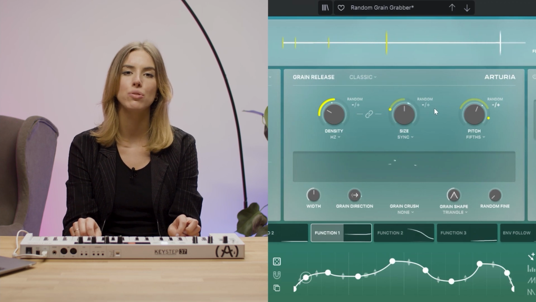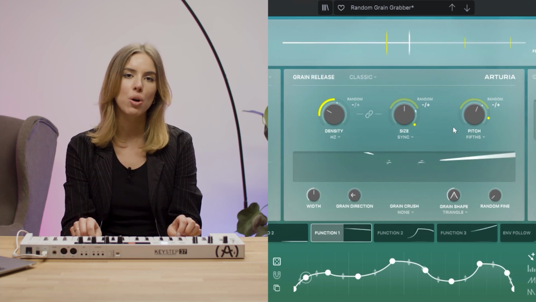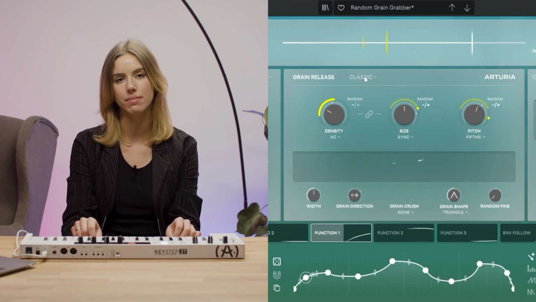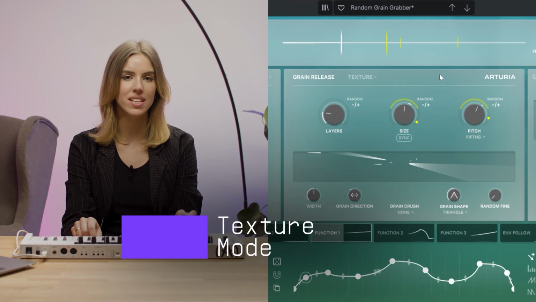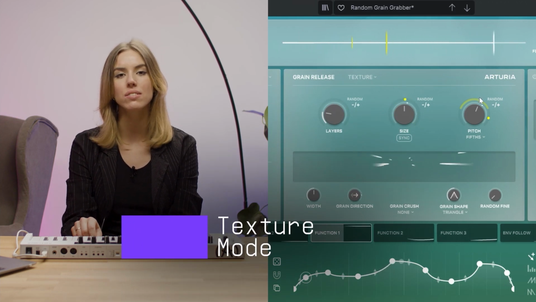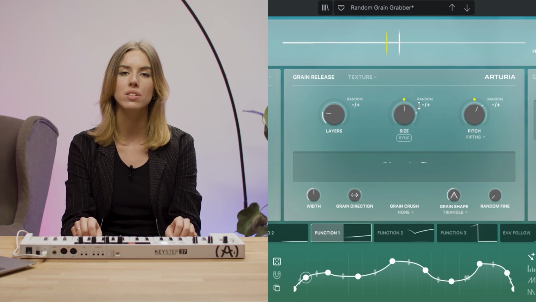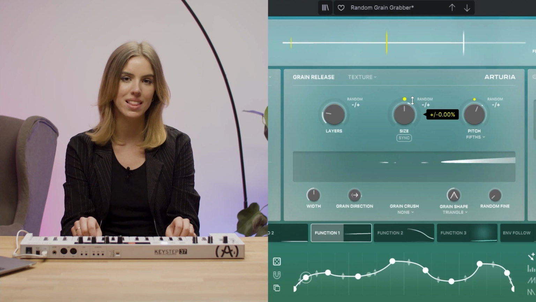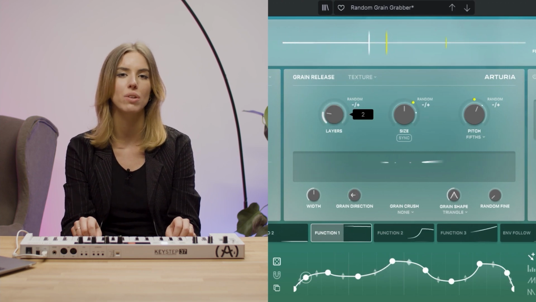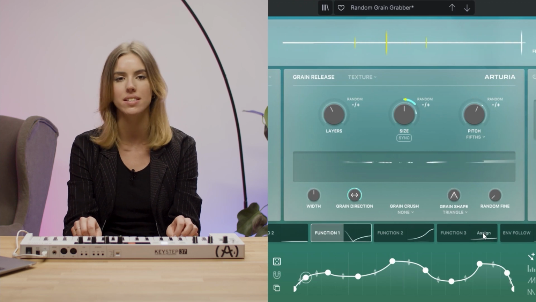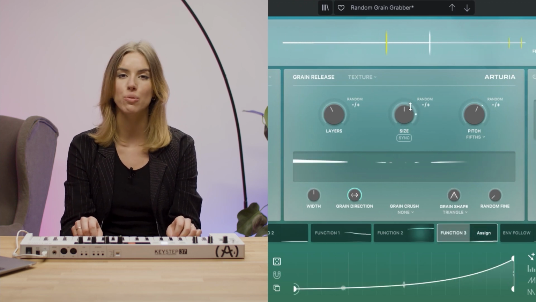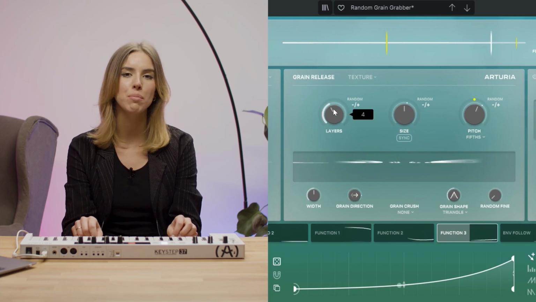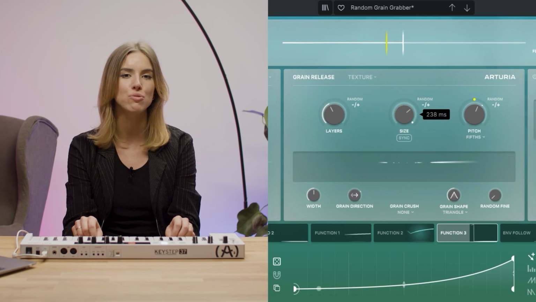The grain release module offers two more modes which were designed to satisfy a huge variety of sound design purposes. The texture mode has a set of settings that's great for creating continuous textures and drones made from a continuous flow of very short grains. It's different from the classic mode by the layers control that sets an automatic ratio compensation between size and density. In this mode, the grain size is always linked to the density. Let's hear a few examples of how this mode can create lush, drony textures.